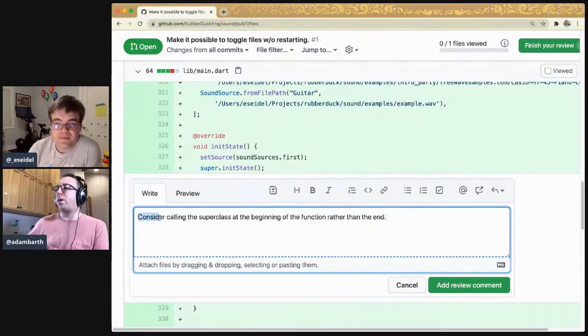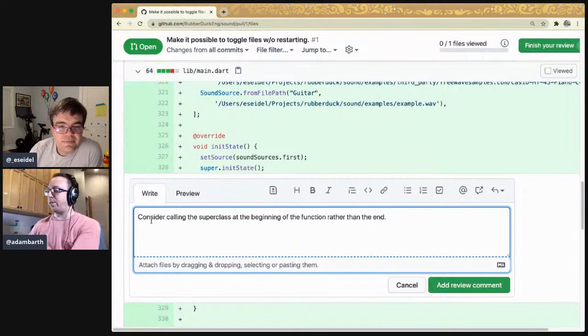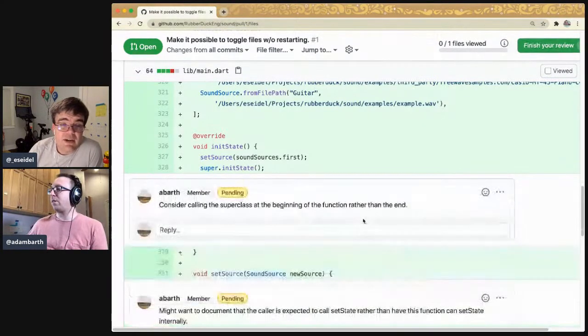Whenever I leave code review comments, I always try to be very careful about how I'm phrasing something. I want to be careful whether I'm saying this is a requirement, like you must do this in order to land this pull request, or whether it's just something I think you should consider, and then you as the author of the pull request can make a judgment about whether it's a good idea. And then I have even a third level where I would prefix something with nit, meaning I don't really think this is a big deal. This is just something that occurred to me when reading this, and if you don't agree with me, just totally ignore me. Yeah, I want to triple down on that statement.